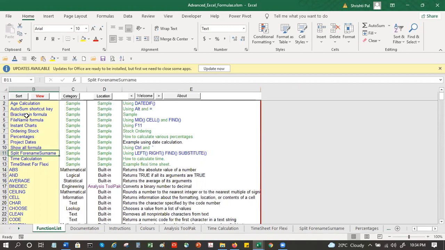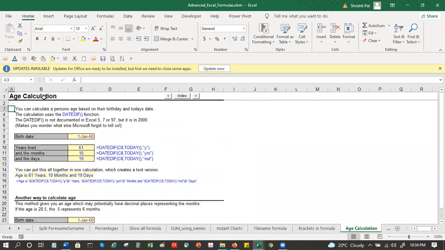Let's say you're looking at dates. Age calculation. Click on view. Here you have the birth date, years lived, months lived, days lived.